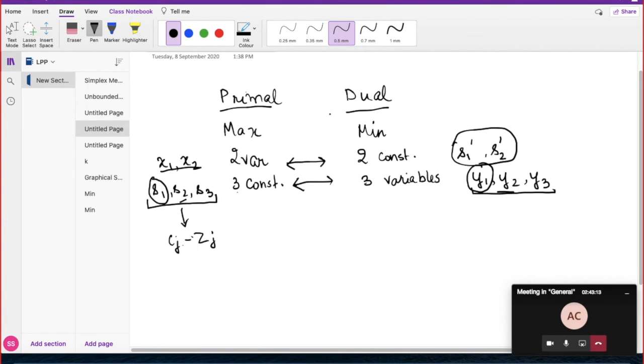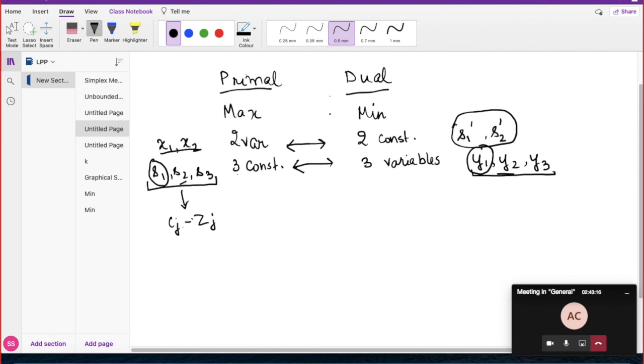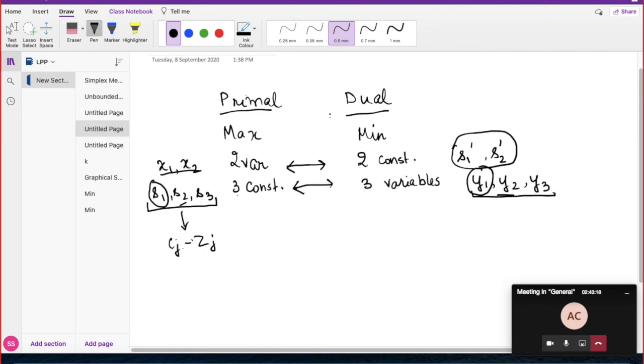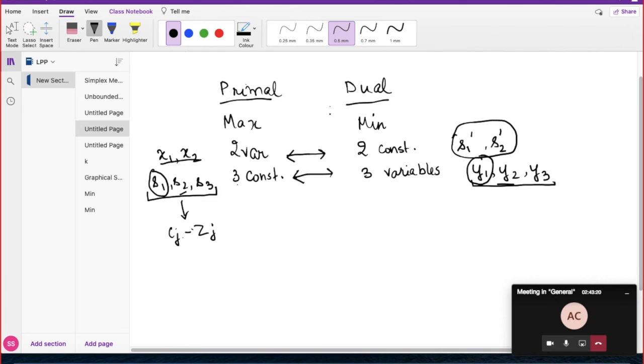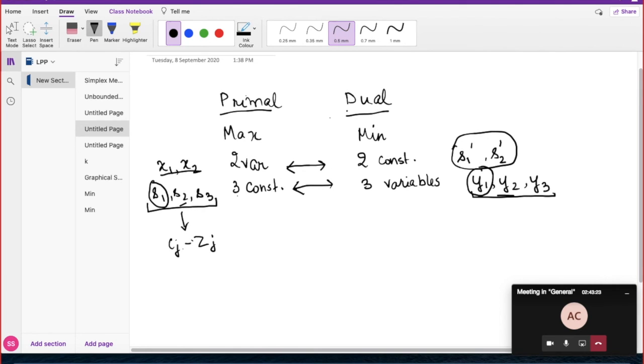I mean, for the time being, there are other applications or significance of writing the dual as well, but for the time being you can think that the main objective why we are studying this concept is because if one of the problems is complicated, we can find its dual, and that is comparatively easier, so we can solve it, and hence we can get the solution to the primal also, and that will serve our purpose. Okay, without solving this complicated problem, we can solve a simpler problem and get the solution to the